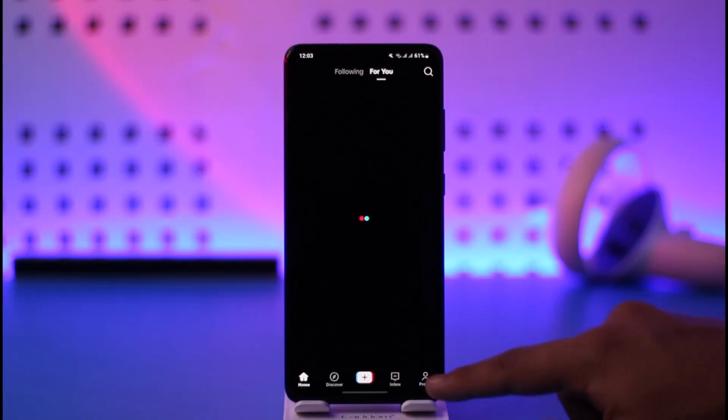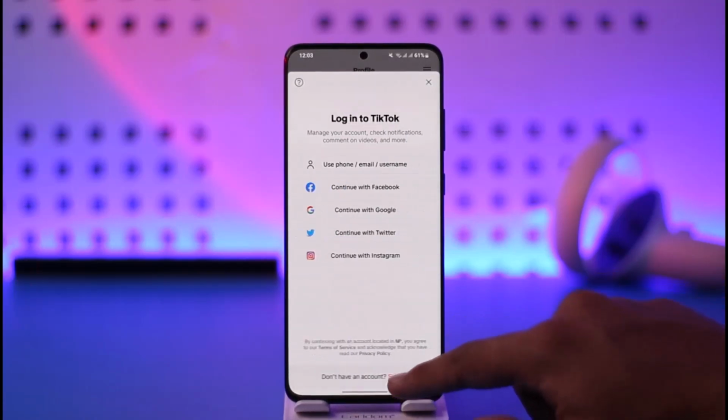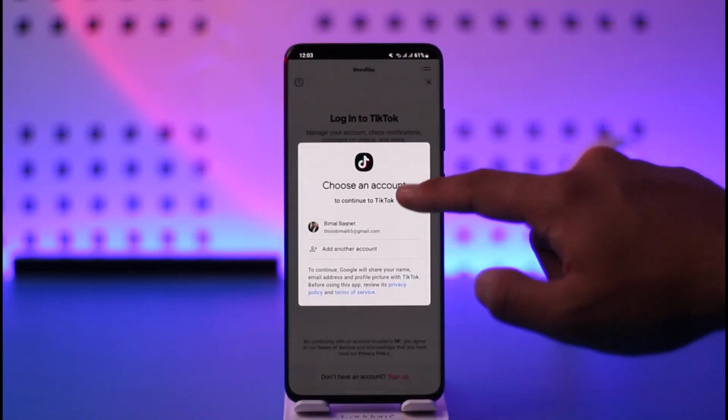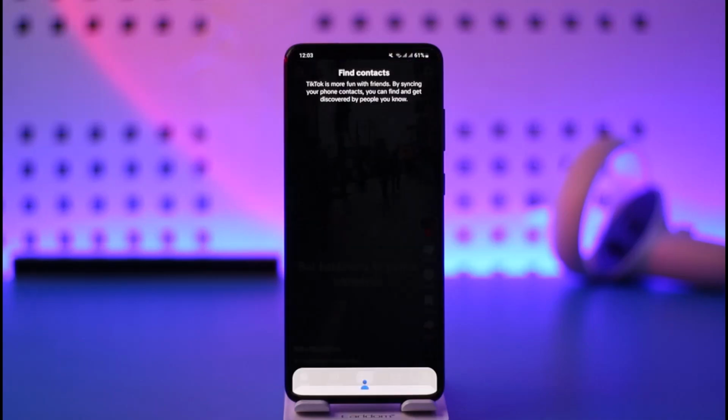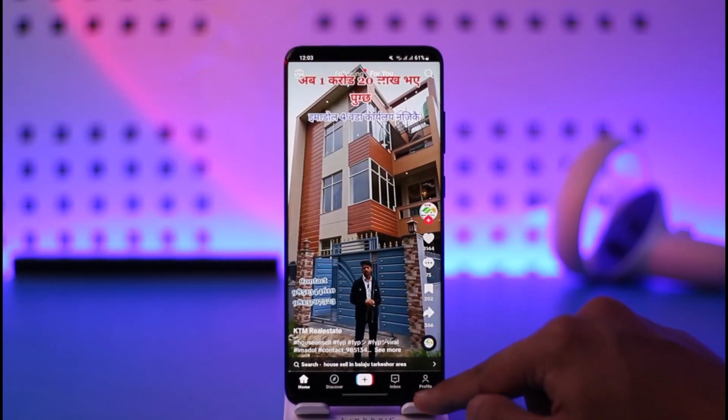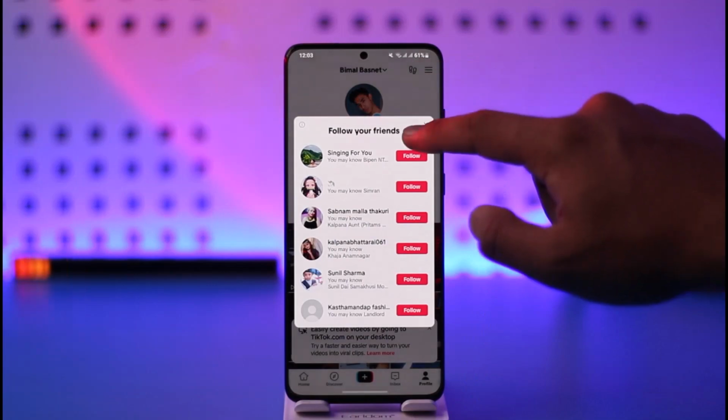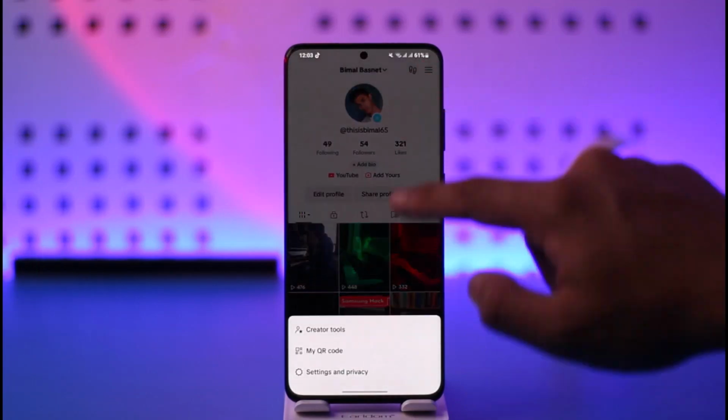Once you launch the TikTok app, first of all, come to the profile page and just make sure to log into your TikTok account. So make sure that it is the correct account that you want to delete. After you log into your TikTok account, you're gonna be able to see this type of interface where you can come to the profile icon, tap the three lines option from the top right, and then just go to settings